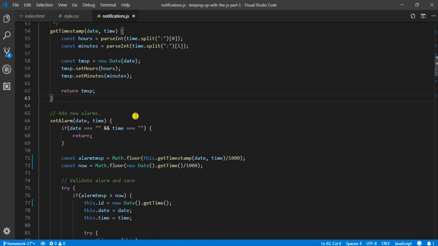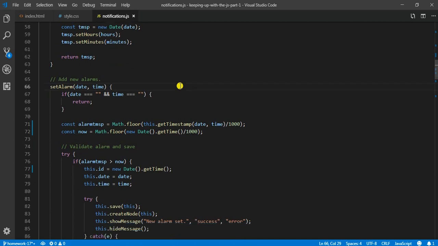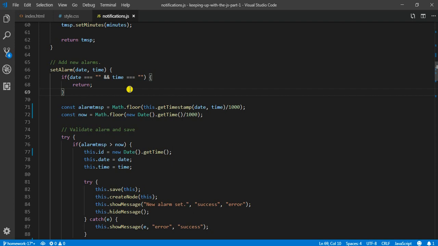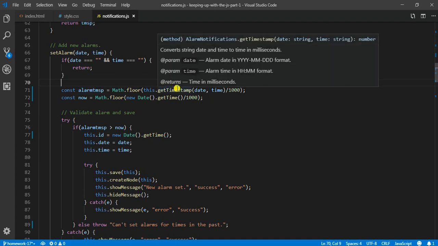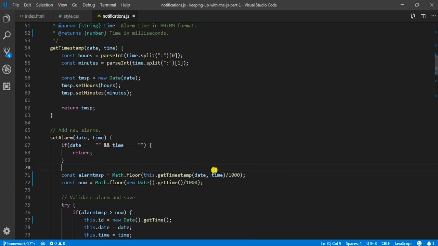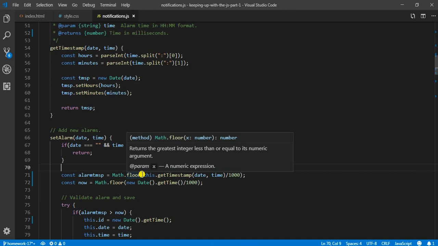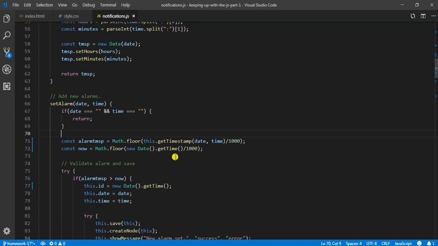Set alarm method takes the date and time input value and check for null. If it is null, it just return. Then take the time and call the get timestamp method. Convert that in time into seconds and assign that value to this variable. Similarly, we take the current time